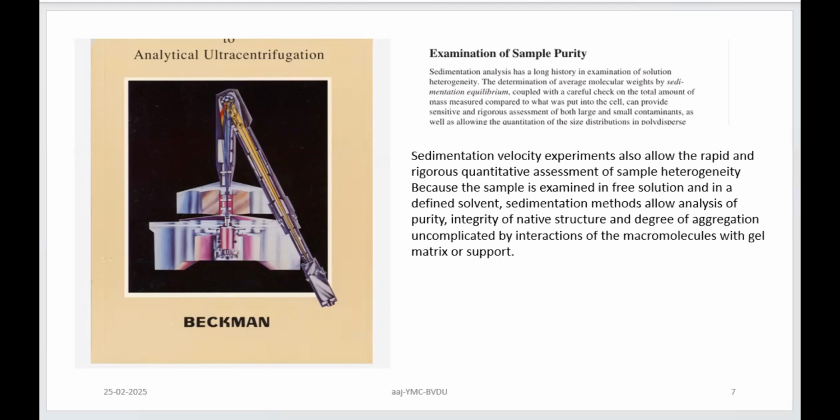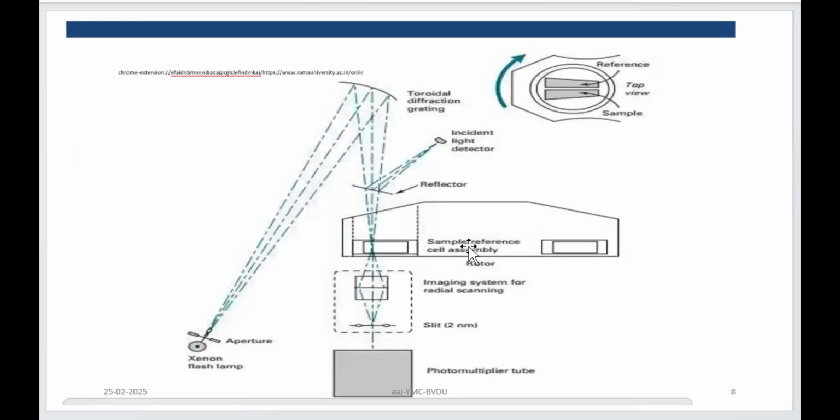So let's go to the details of the diagram. This is how the cross section would look. So this first part, if you see, is an oblong structure, right? Can you imagine your centrifuge rotor, and it has got four chambers. Here it is another design where you have two chambers. One is reference chamber and another is sample chamber. If there would have been four chambers, one would have been reference, three would have been sample chambers, like that.